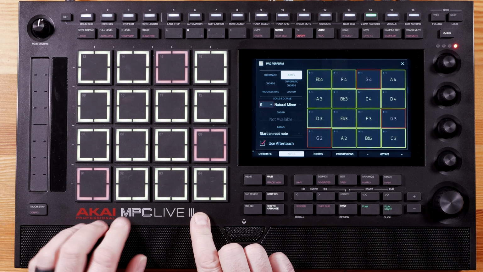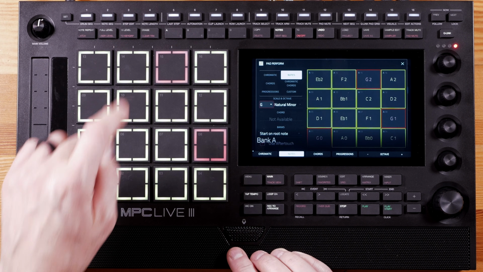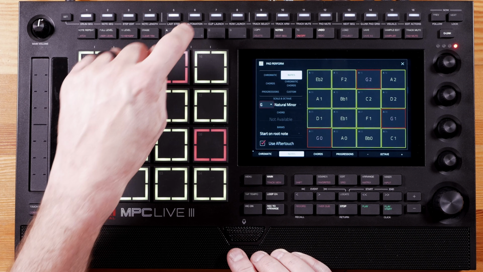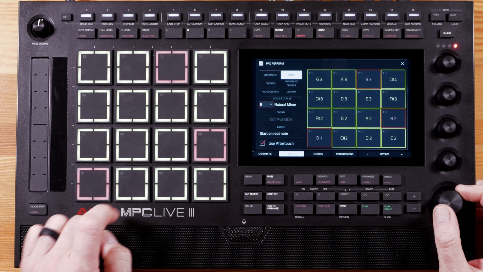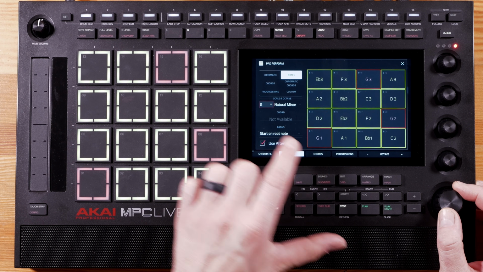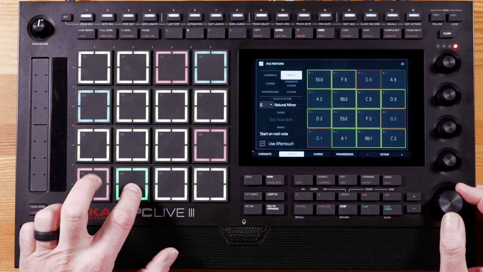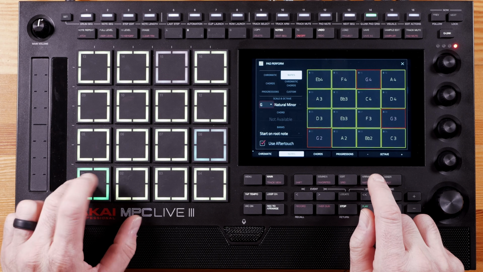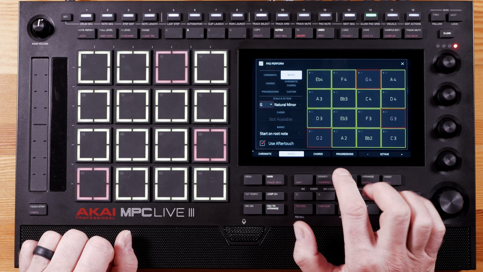The register is still a little high, so there's a couple of ways we could actually change that. We could use these pads here to drop it, or while the key is highlighted, if we just scroll down to a lower one, now we're going to see we're in G1 here. So you could do it scrolling, or you could also just use this octave plus and minus. So this is a little high. I want it to be